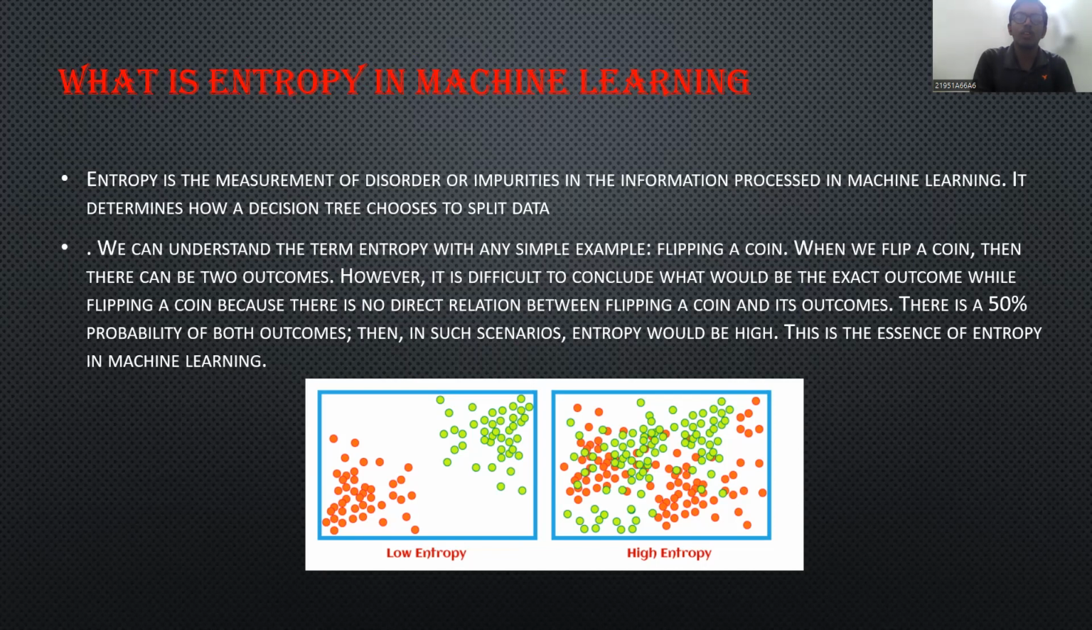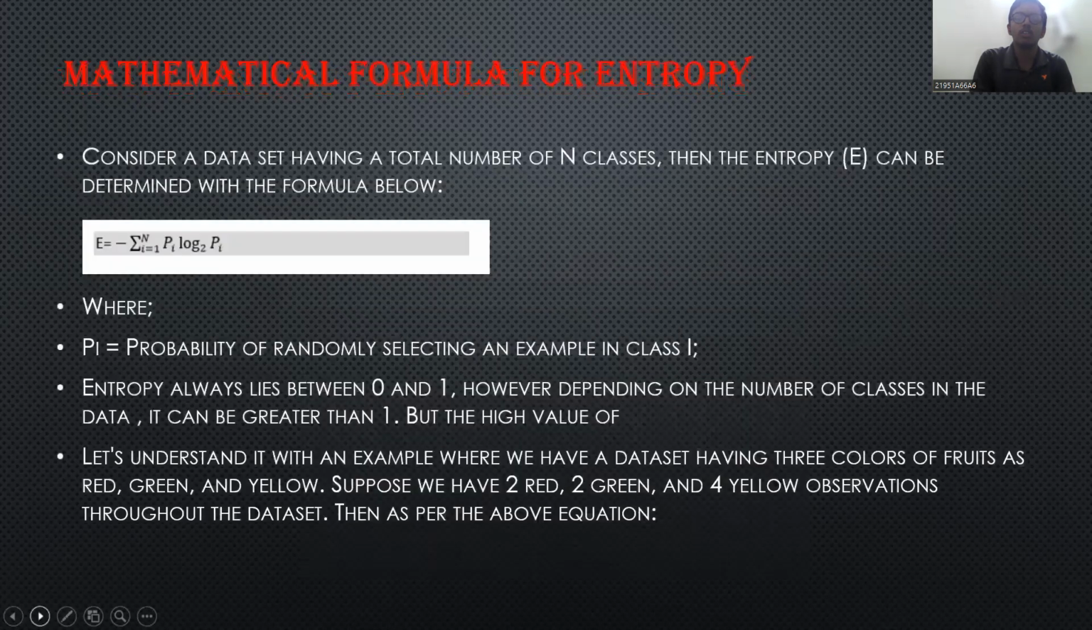There is a 50% probability of both outcomes. Then, in such scenarios, entropy would be high. This is the essence of entropy in machine learning. This is low entropy. This is high entropy. Consider a data set having a total of n classes. Then the entropy E can be determined with the formula below. This is the mathematical formula for entropy,